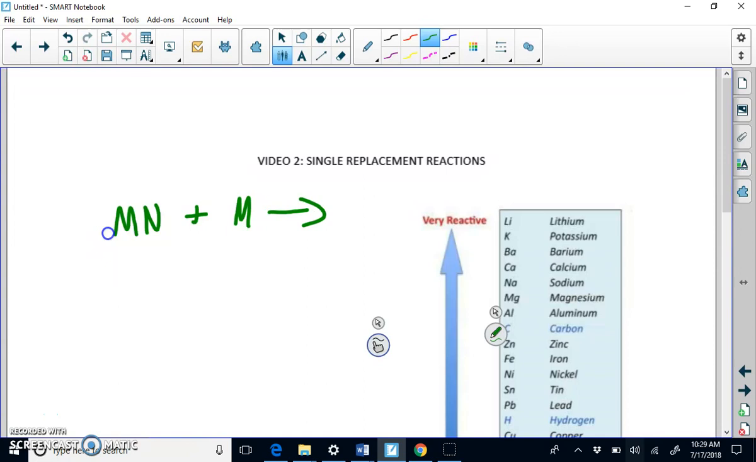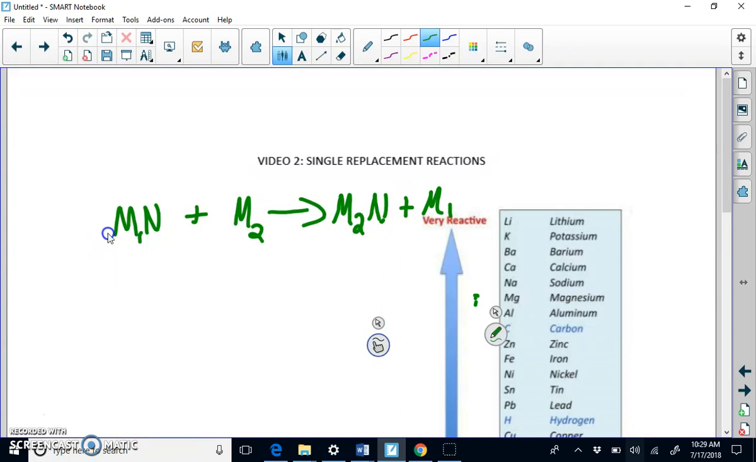What's going to happen? We'll call this metal 1 and metal 2. What's going to happen is the metal is going to try to kick out the other metal. So let's say it could kick it out. We'll talk about why we need to use this in a second. You would get the metal 2, which would be bonded to the non-metal, and then metal 1 would be all by